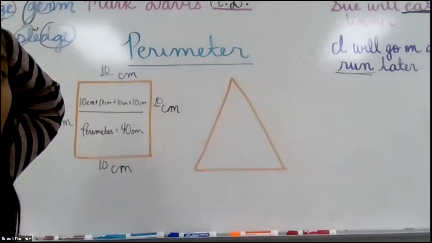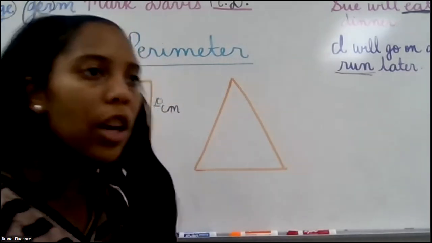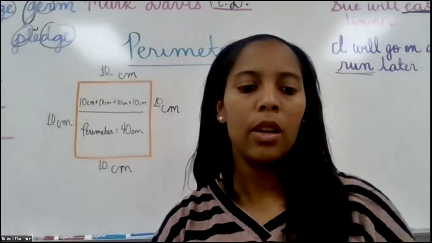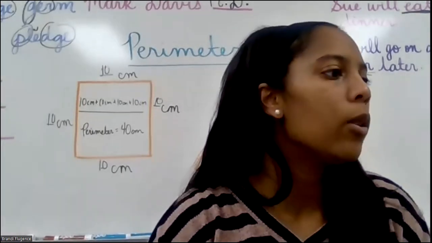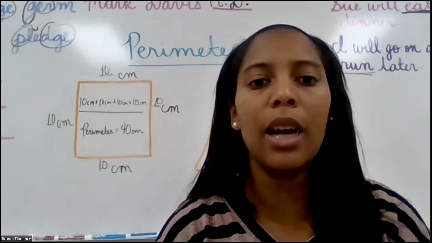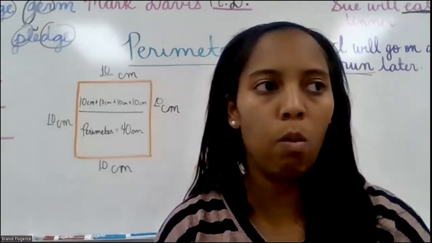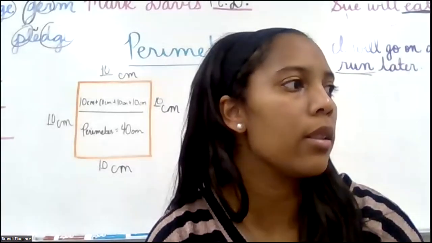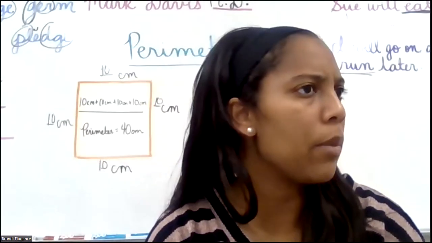All right, so let's look at our page that we're on in our book. Let's look at shape A. It's a triangle. It's a right triangle. Okay, let's measure the top line with centimeters. Go ahead and measure the top line. Tell me how much it is. Make sure you're using centimeters, guys. It's not 14. Measure again.